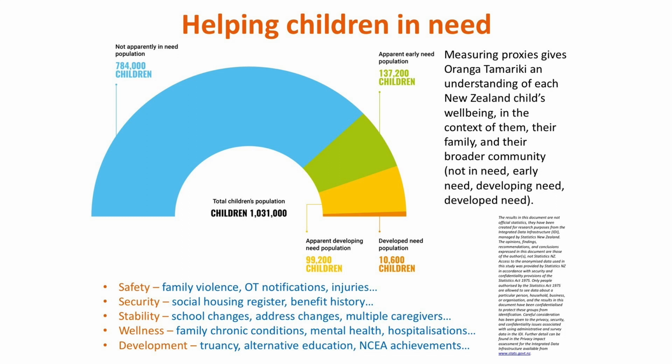This one is a little awkward for me to talk about because this is Oranga Tamariki's work, so there'll be plenty of people in the room that probably know much more about it than me, but a really nice example here. And so the big curve represents the real numbers of children that the data is used to measure whether they're in need or not. So the blue is not apparently in need, moving through to the orange where there's a high level of need. And Oranga Tamariki is probably intervening in some way.